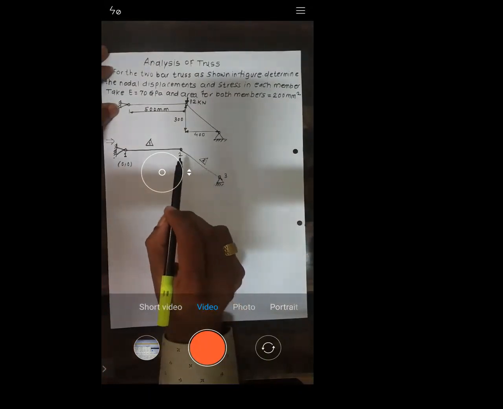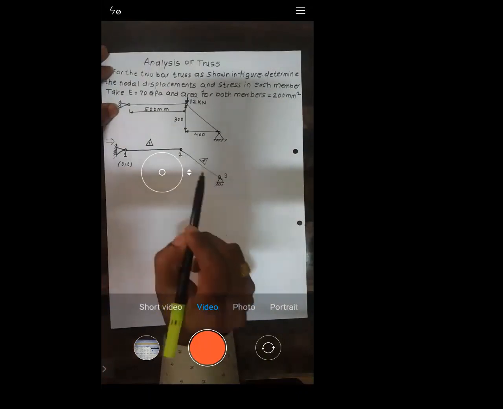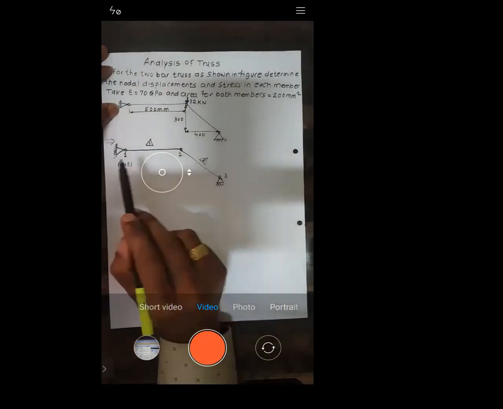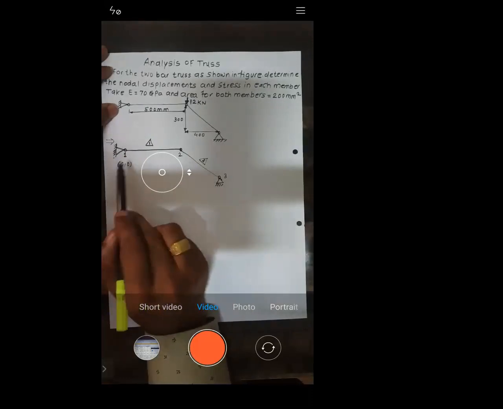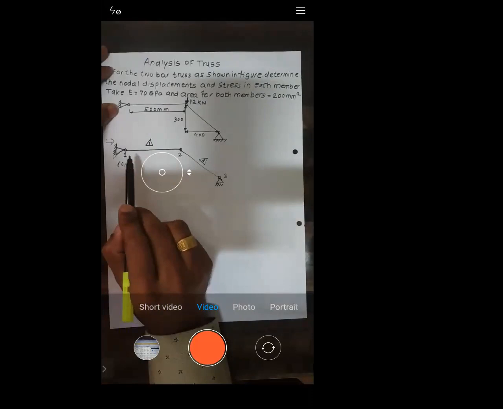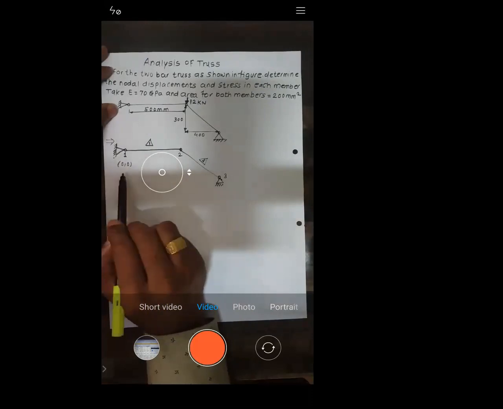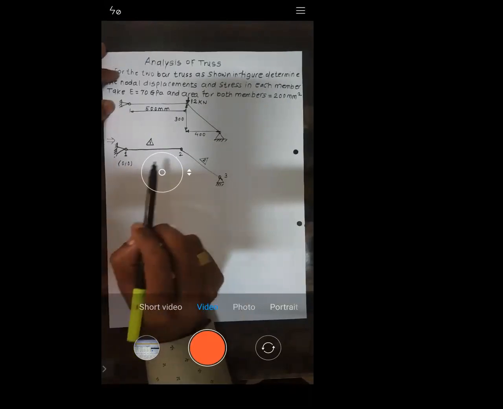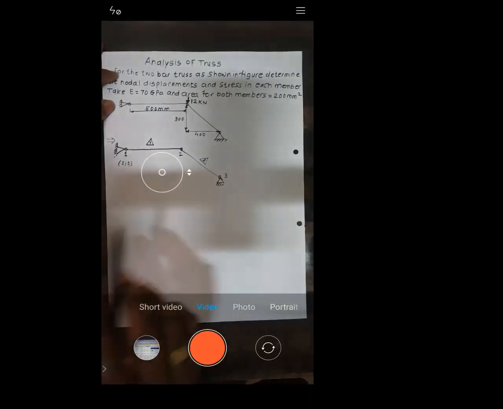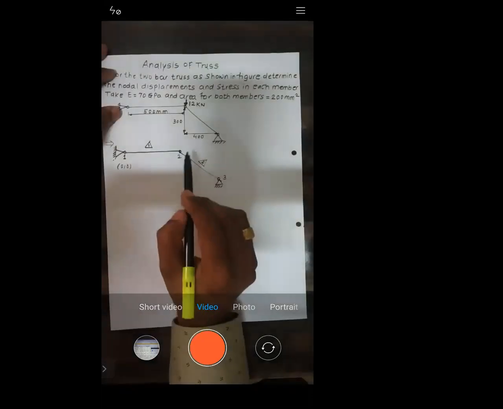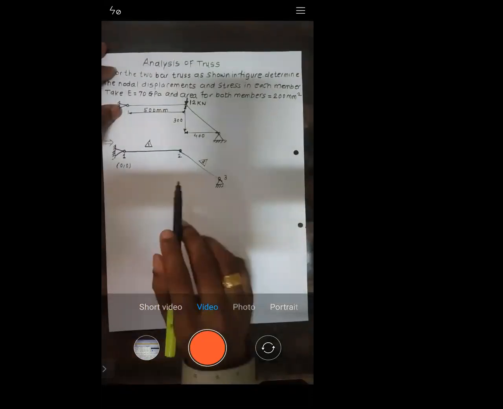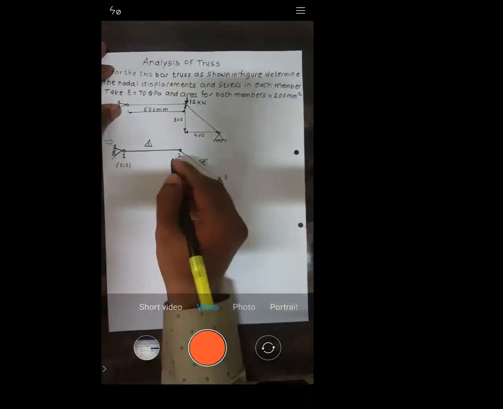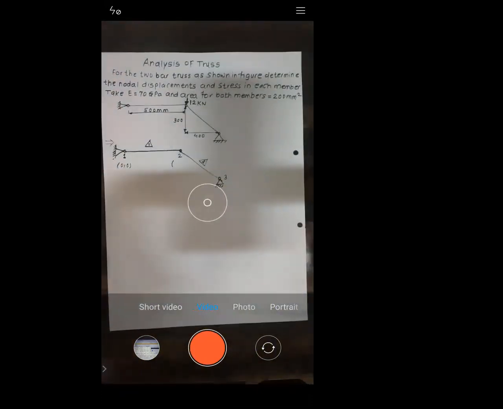If I need to measure the coordinates of every node, I need to measure with respect to some point. That point I'm calling node number 1, because for node number 1 I am assigning the coordinate 0, 0. Now for the rest of the nodes, I will measure the location with respect to node 1. So I will measure the location of node 2 with respect to node 1. Can anybody tell me what is the location of node 2?